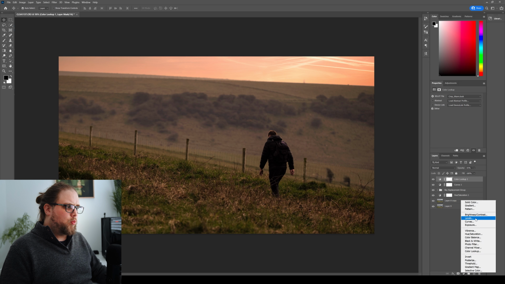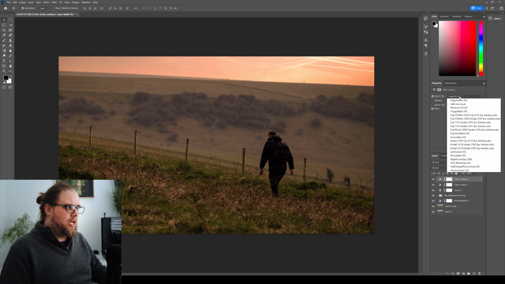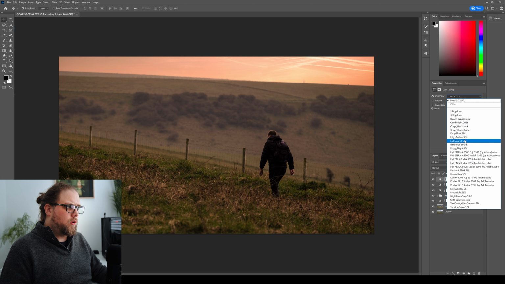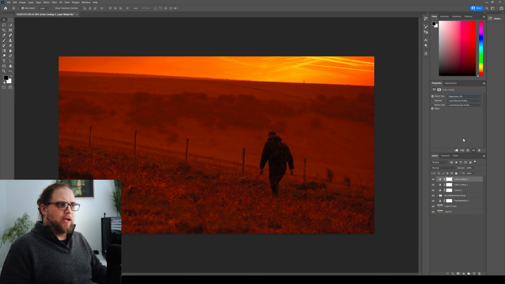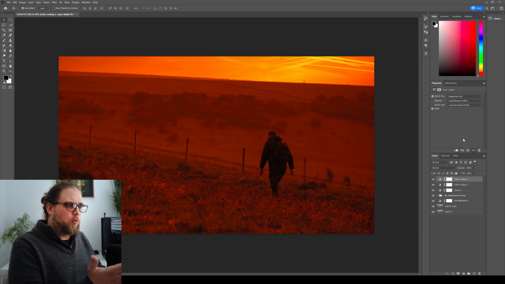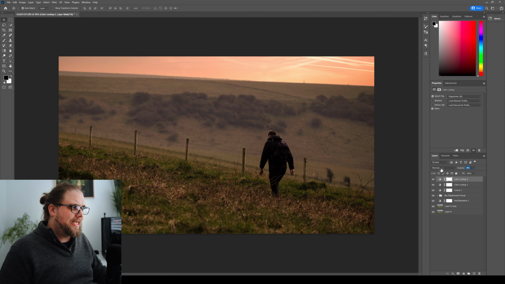And we're going to go ahead and do one more of those, another Color Lookup. This time we're going to go for Edgy Amber. Now again, look at that, it's way too over the top. It's way too saturated. That is crazy. But that's 100% opacity. So let's bring that opacity down to something like even 15%. Now, if I turn that off and turn that back on, we are really starting to get towards what looks